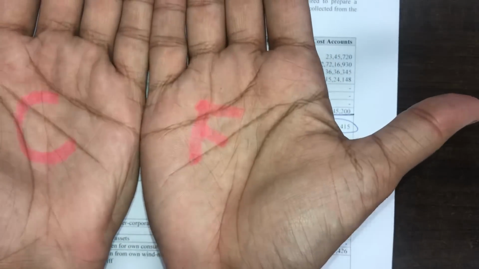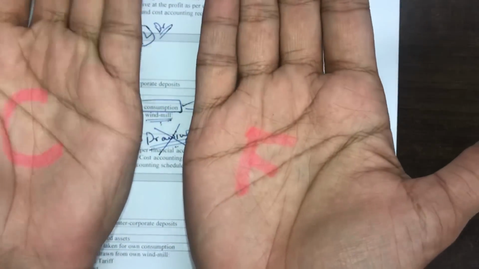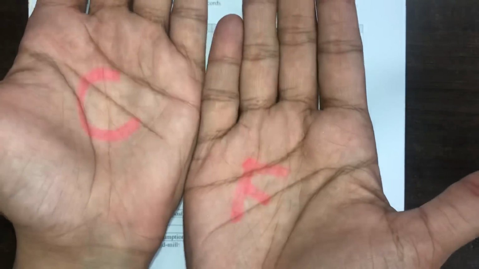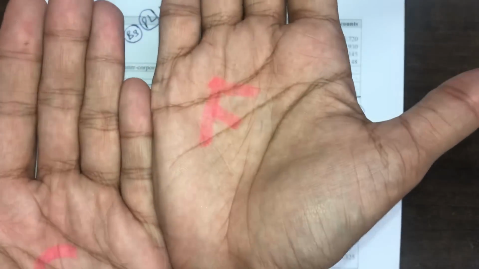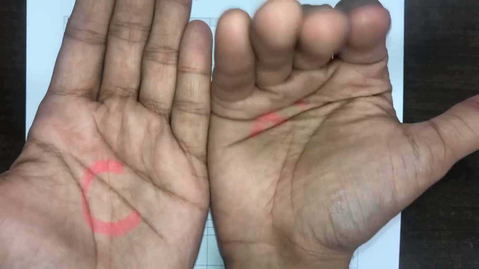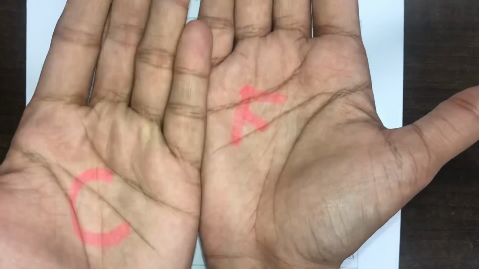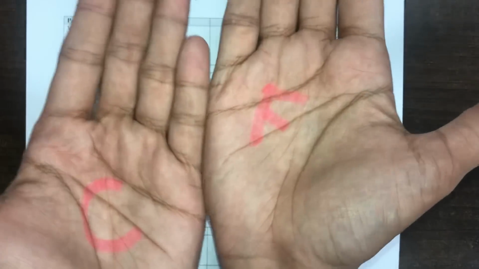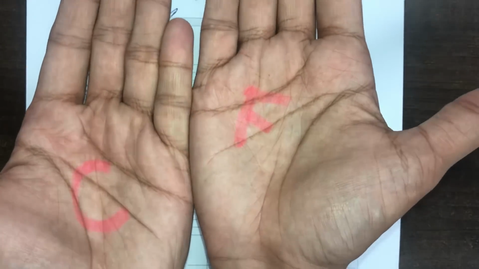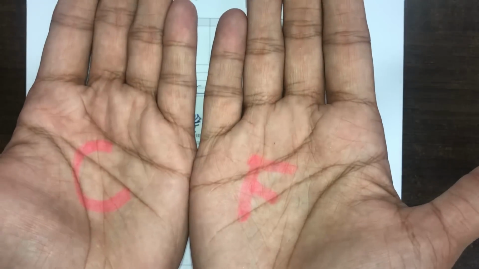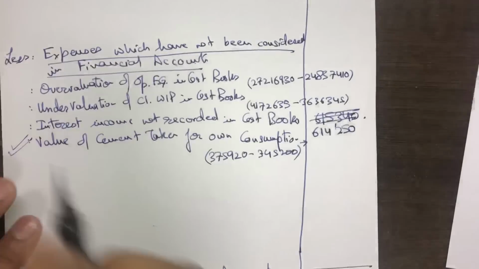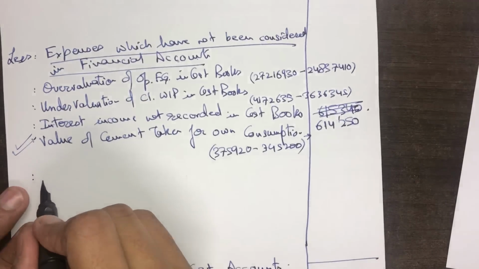So expenditure is more in costing accounts and less in financial accounts. So financial profit will be more, costing profit will be less. And if financial profit is more, then financial profit should be reduced to make it equal to the costing profit. So the adjustment for the last line item will be less